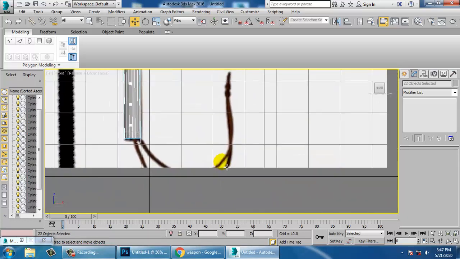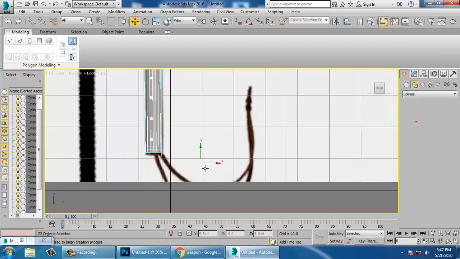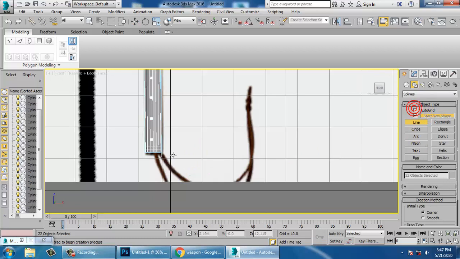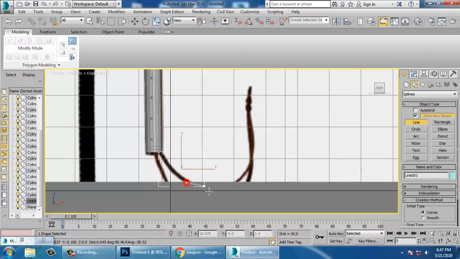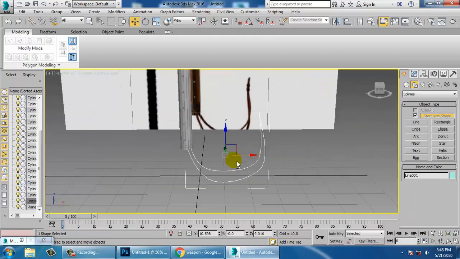Now what I'm going to do is create this kind of a thread or something. For that we will be utilizing the line tool. Let's take a line tool over here. You can just utilize the line tool over here.